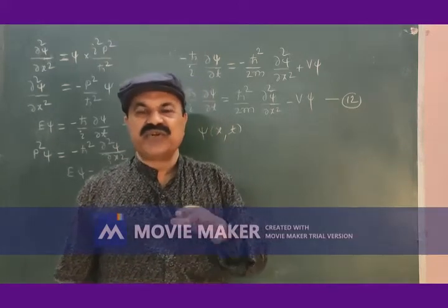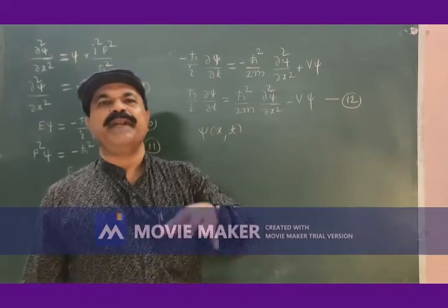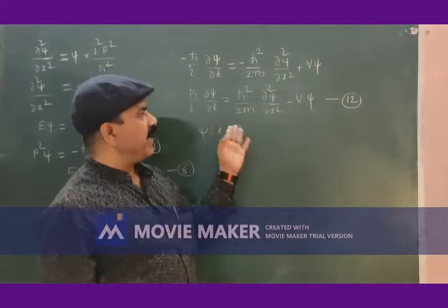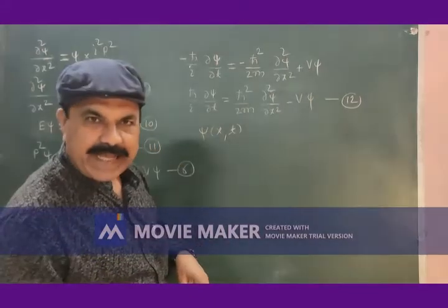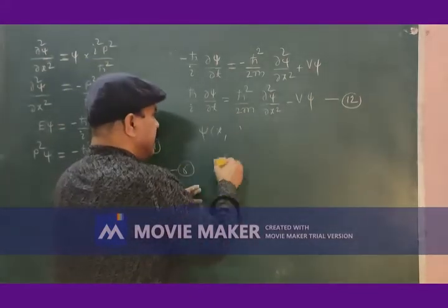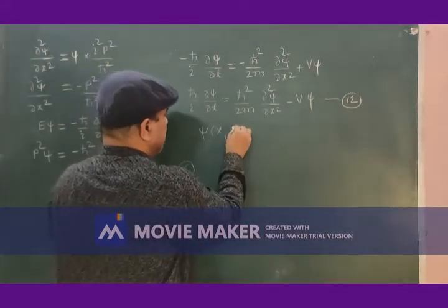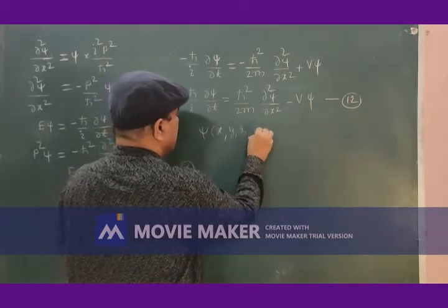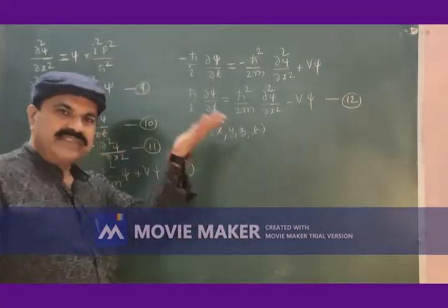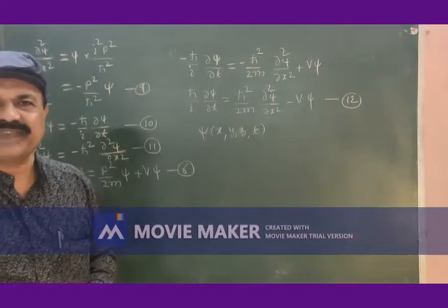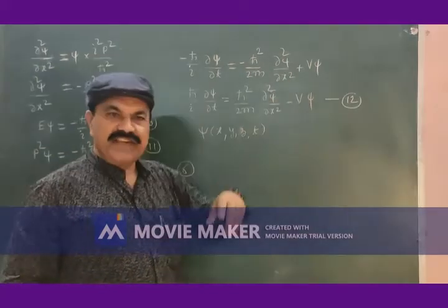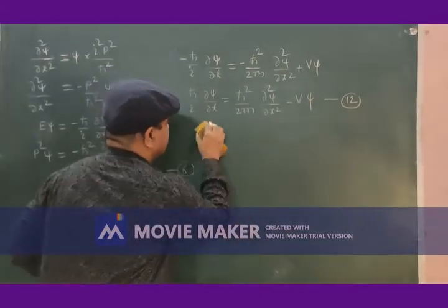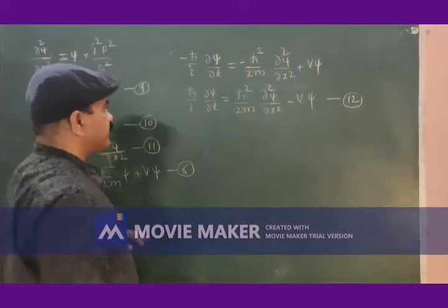The three dimensional Schrodinger equation in time dependent form can be obtained from equation 12. This psi of xt is replaced by psi of xyzt, and if we replace psi with psi of xyzt, equation 12 can be replaced by